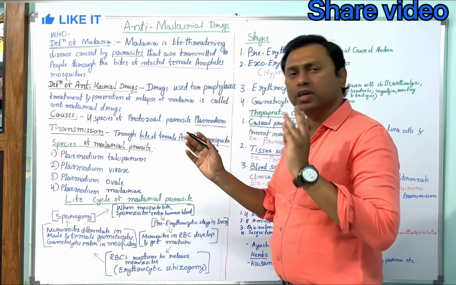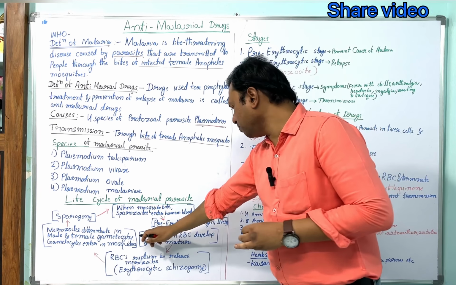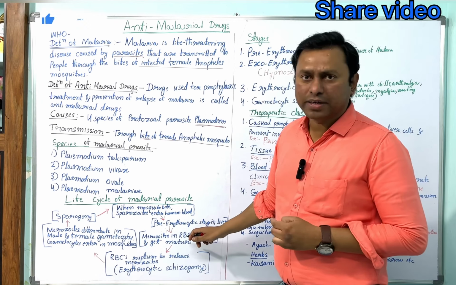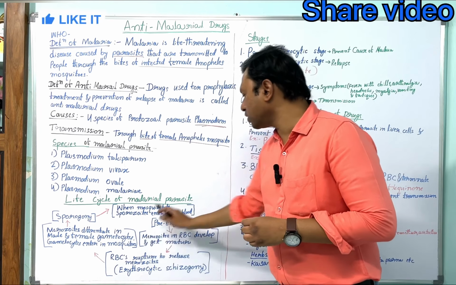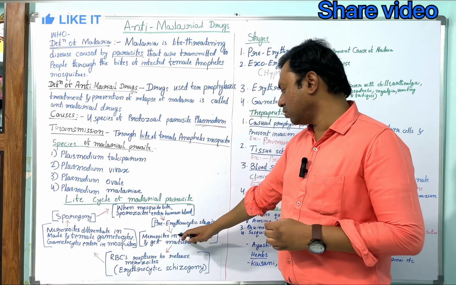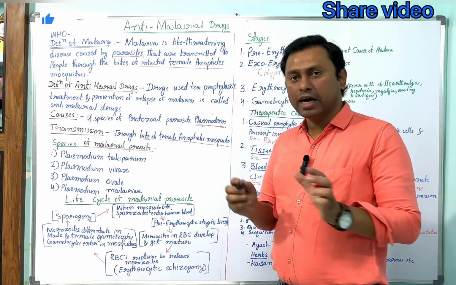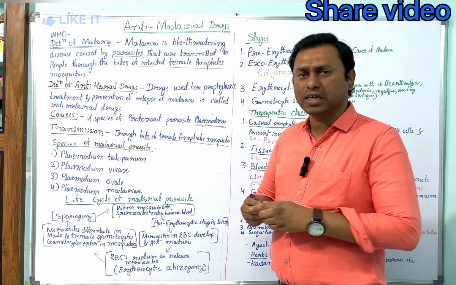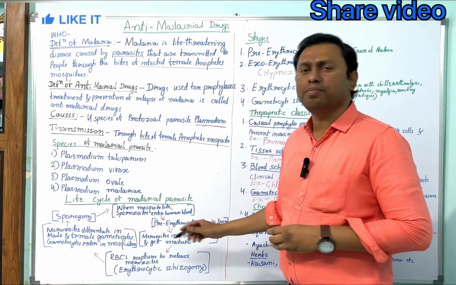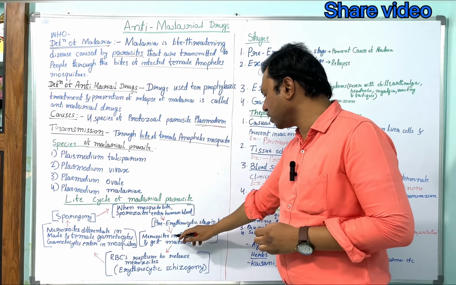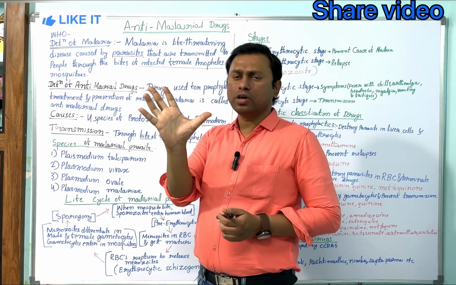again spread in the blood, and then enter or attack the red blood cells, and they convert into merozoites. These merozoites mature in the red blood cells. The red blood cells are nothing but the erythrocyte stage. Here they mature, and after maturation, the erythrocyte again